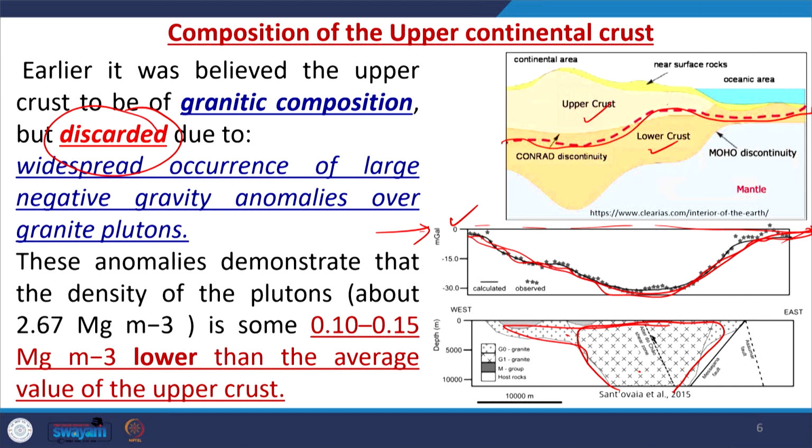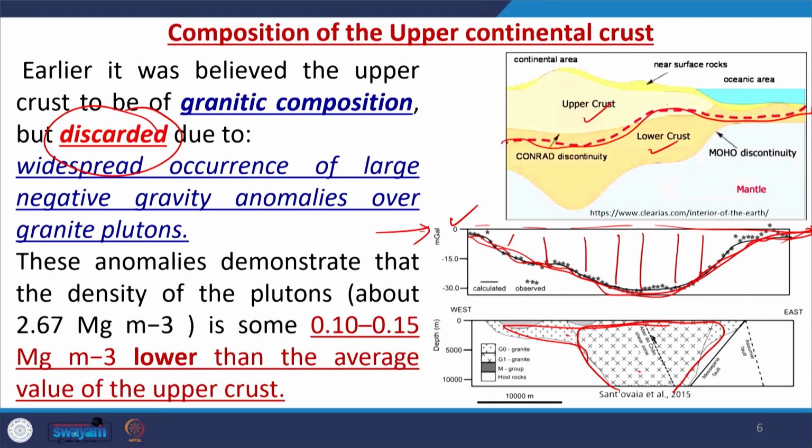Had it been of granitic composition, why is there a lower gravity value than normal? That is why it was discarded, because it does not fit with the